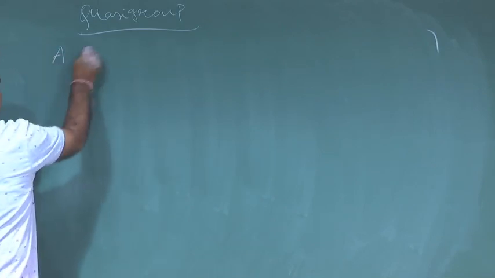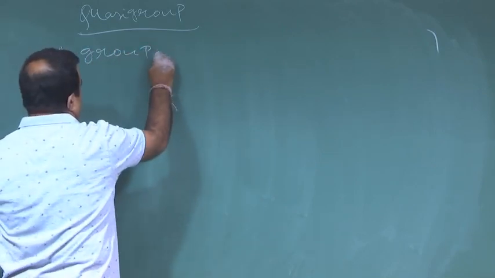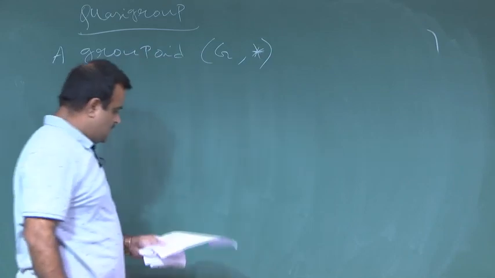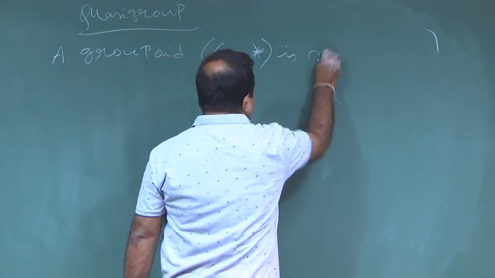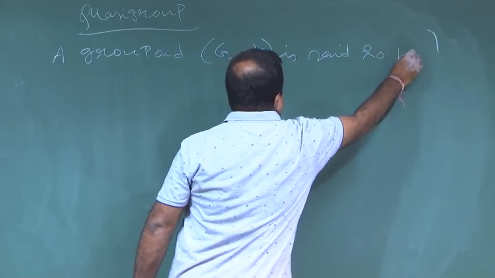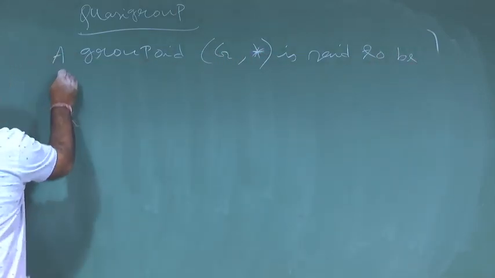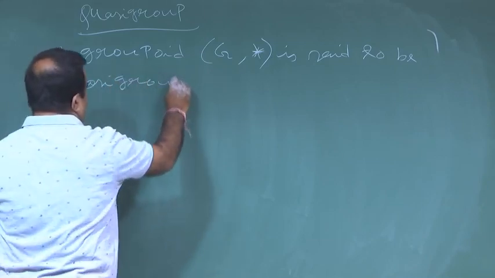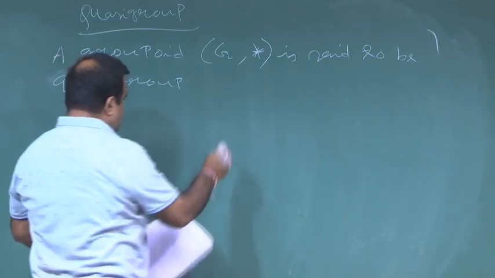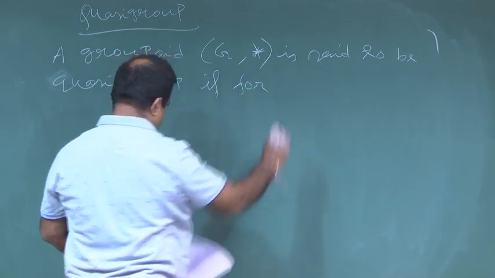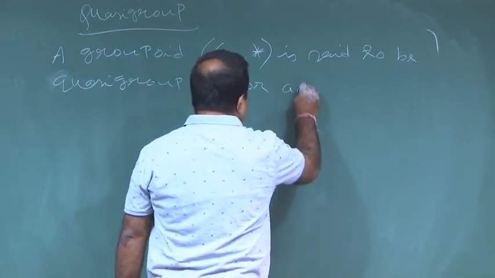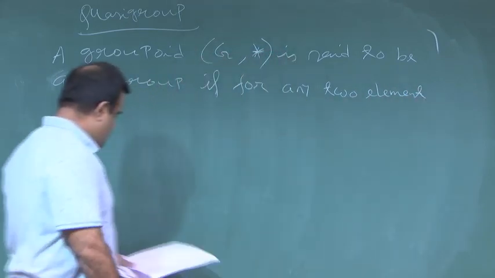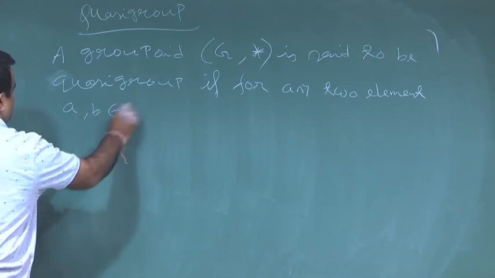So, a groupoid G is said to be a cohesive group if for any two elements A, B belonging to G,